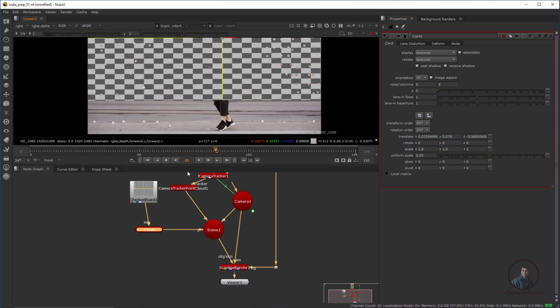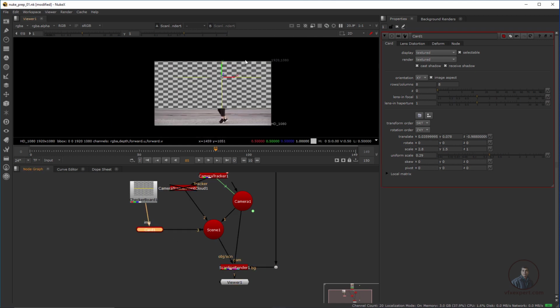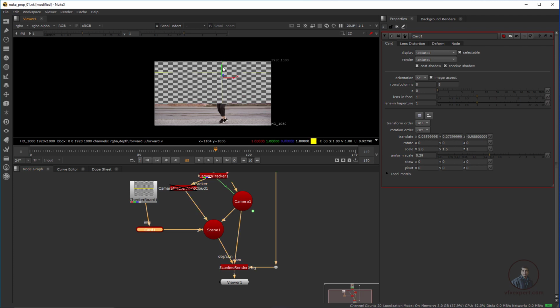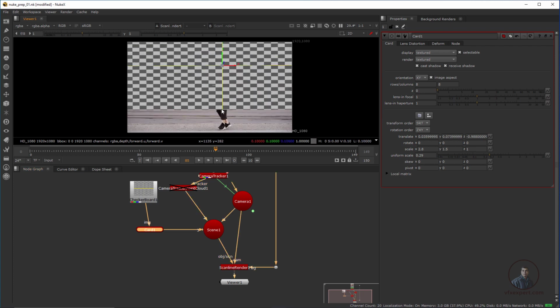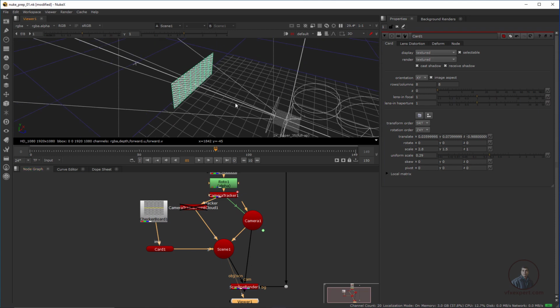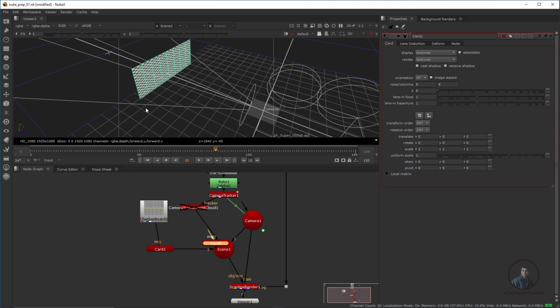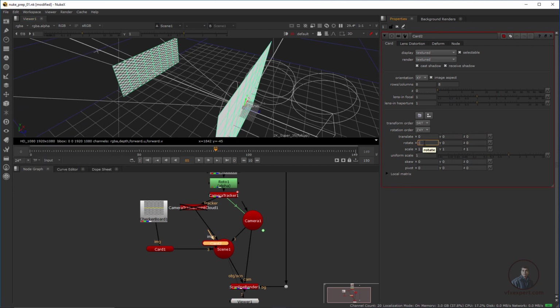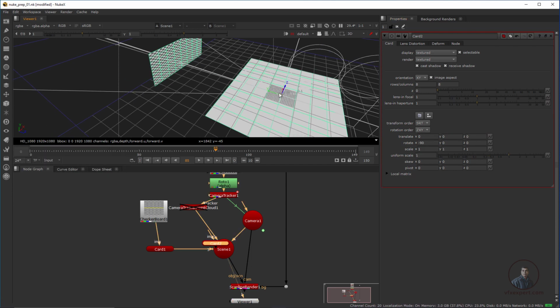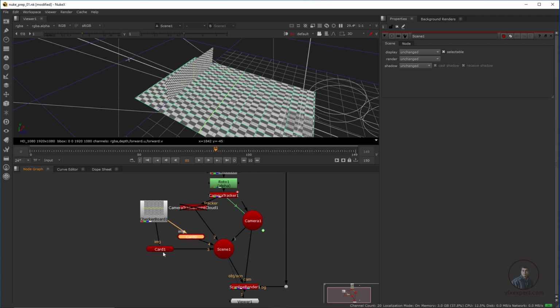Now disable our point cloud, then select and press D here. So I have created one card here, then double click here and place it a little bit here. Now one more card I am going to place here, which is on the ground. After this we will adjust both cards, then again come here in 3D view, select this one, press 1 here. Now again create a card, geometry, create a card and rotate it in the x-axis and place it here. You can also connect the same card here and attach it in the scene